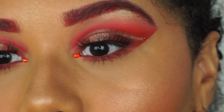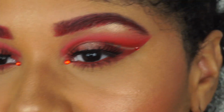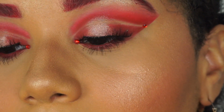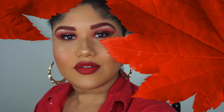Stick in my brow. I was going to apply the red liquid lipstick as mascara on the bottom lashes, but I was like, nah, I don't want to overdo it. So I just had the mascara. For mascara, I actually used the Makeup Forever Excessive Lash Mascara that I